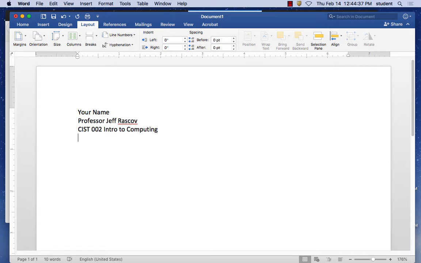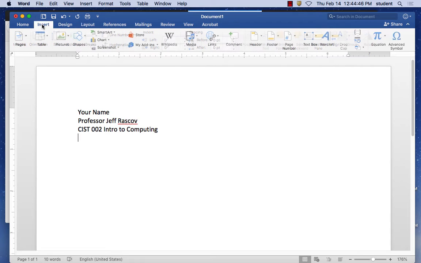Now you're not going to type the date in. You let the program put it in there for you. If we go over here to the Insert window, there should be a date option towards the top right corner. It says Insert Date and Time. It's like a little icon, all the way over here under Insert. It looks like a clock, right? You see that one? It's all the way over there in the top right corner. If you click on that,